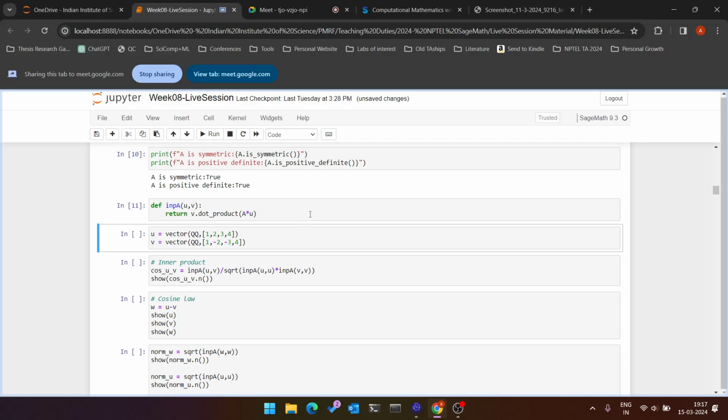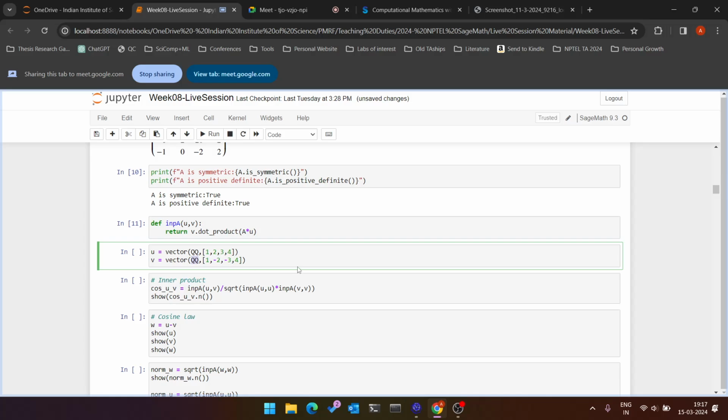Now we choose two random vectors u and v. So they belong to the rational field, again with dimension 4. So I run this. Now I'm interested in seeing